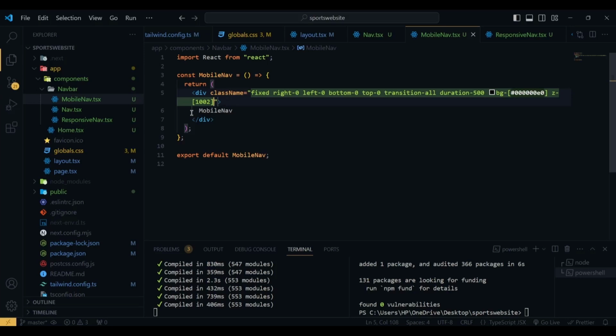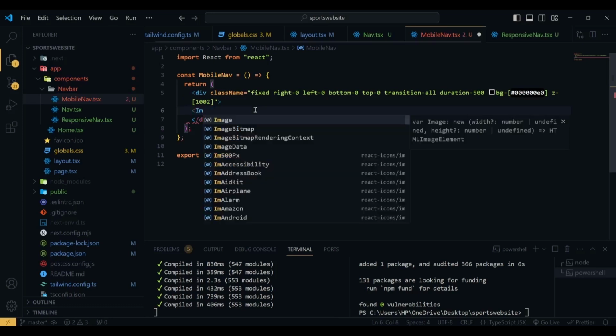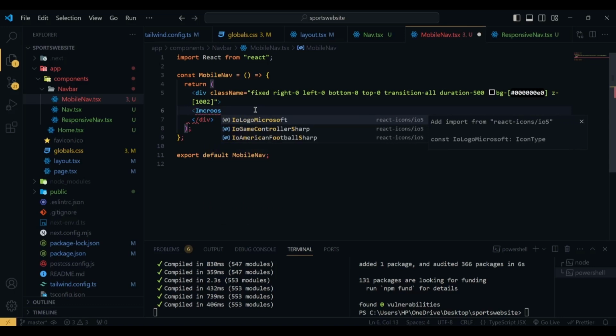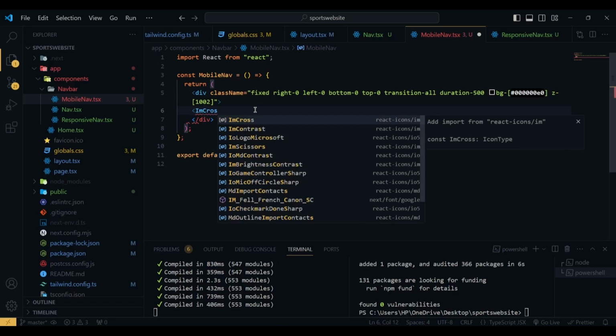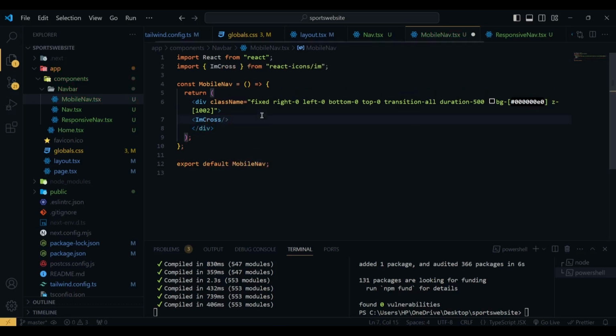So these are overlay for mobile nav. Then inside this div we have a cross icon to close the navigation bar. Here I'm going to use another icon, which is ImCross, and it is also coming from React Icons. You can just search in React Icons for the icon you want to use. This icon has a class name of